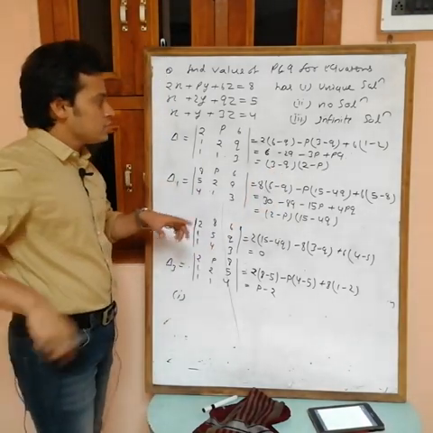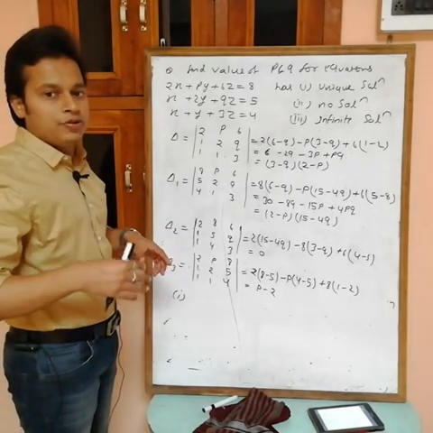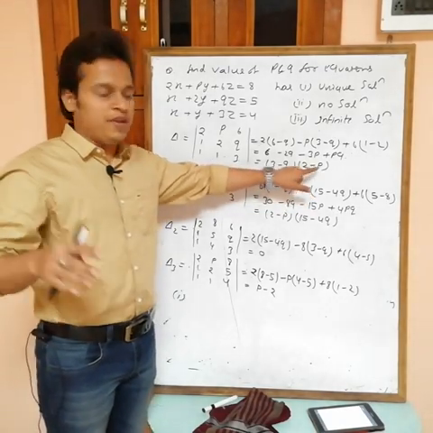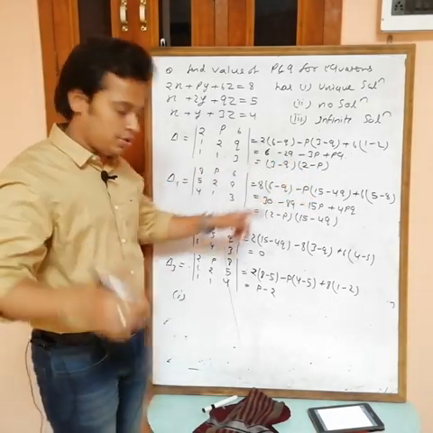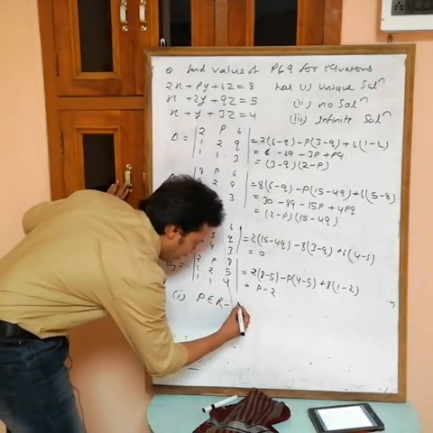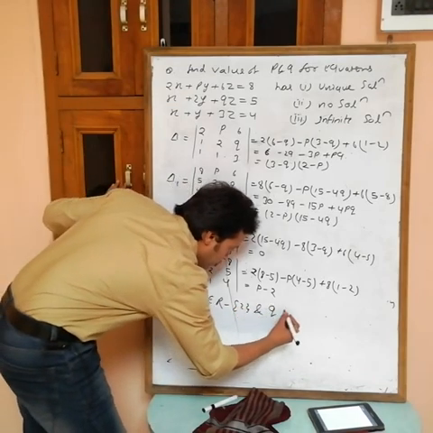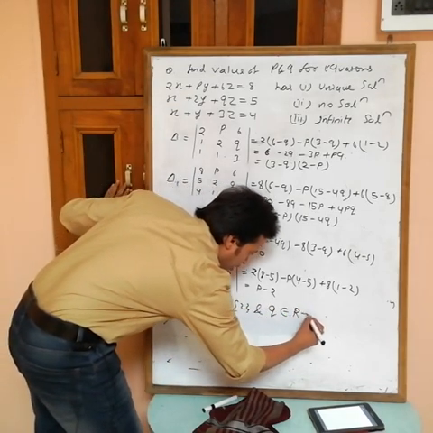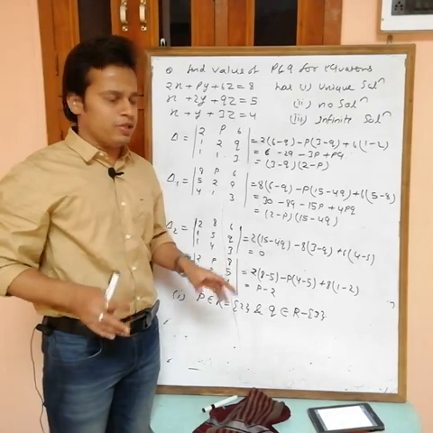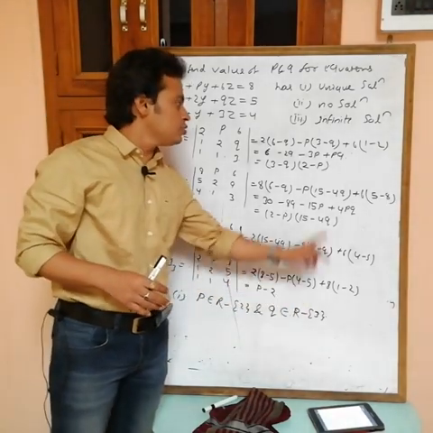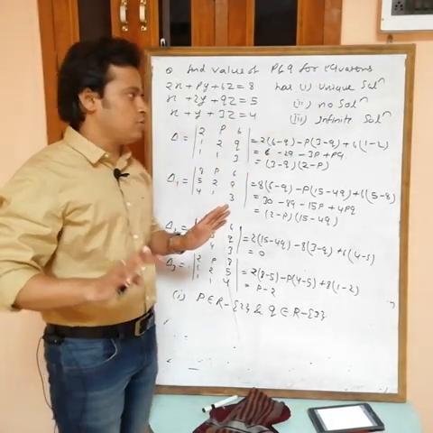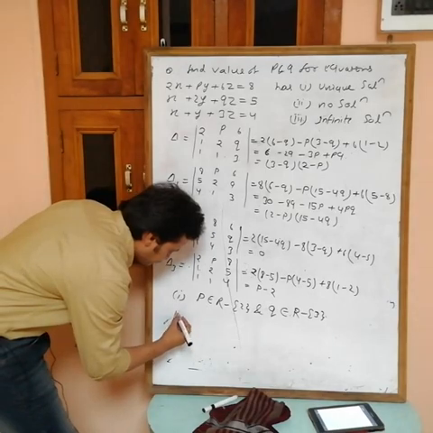Okay, we want values of p and q such that we have a unique solution. The condition for unique solution is del not equal to 0. It means you can take any value of p other than 2. Also you can take any value of q other than 3. Okay, so p belongs to R, any value other than 2, and q belongs to R, any value other than 3. Okay, na? So take any value of p and q, doesn't matter, but you can't take p equal to 2 and q equal to 3, because for these del becomes 0. But the condition of unique solution is del not equal to 0. Okay, see second one.